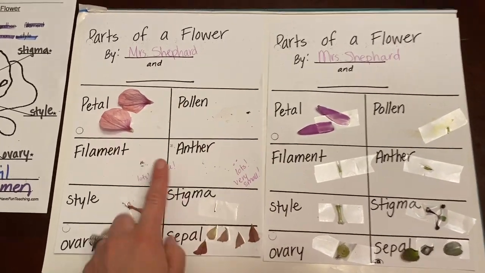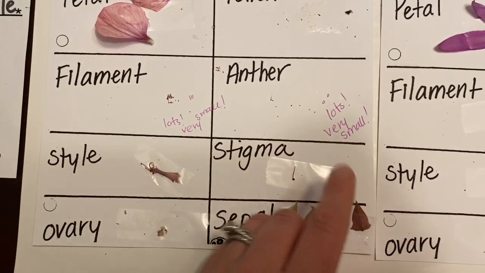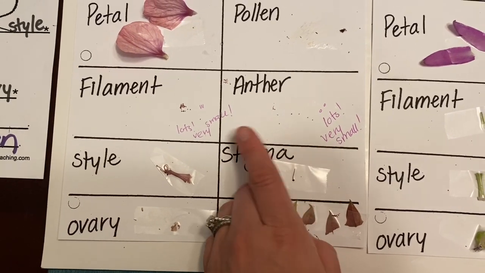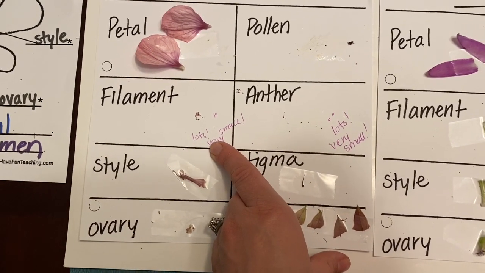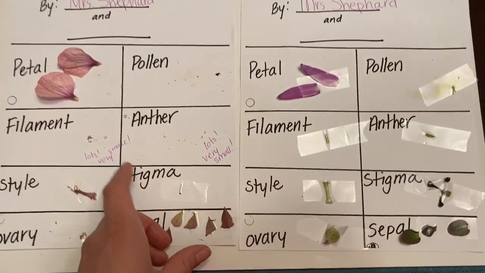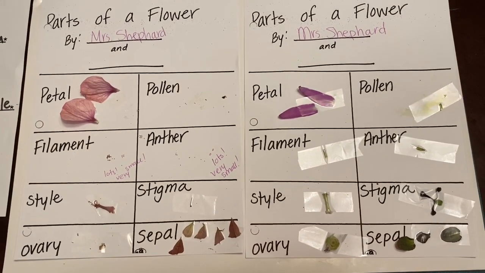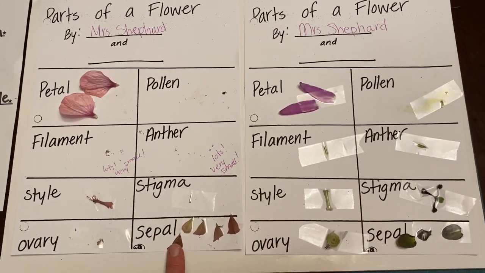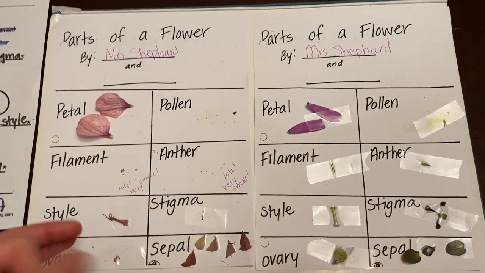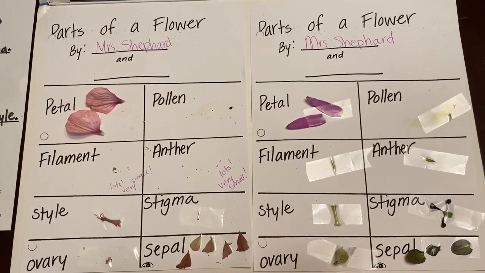This flower over here, all of the parts were so tiny, and in fact I didn't think I could see them very well as I was dissecting, so I wrote little notes so that I would remember how small they were and to clarify. So every flower will have these main parts, but they will look different. The sepals will be different shapes, the ovaries might be different sizes. It might be hard to find on some plants and in some flowers, but I just want you to do your very best